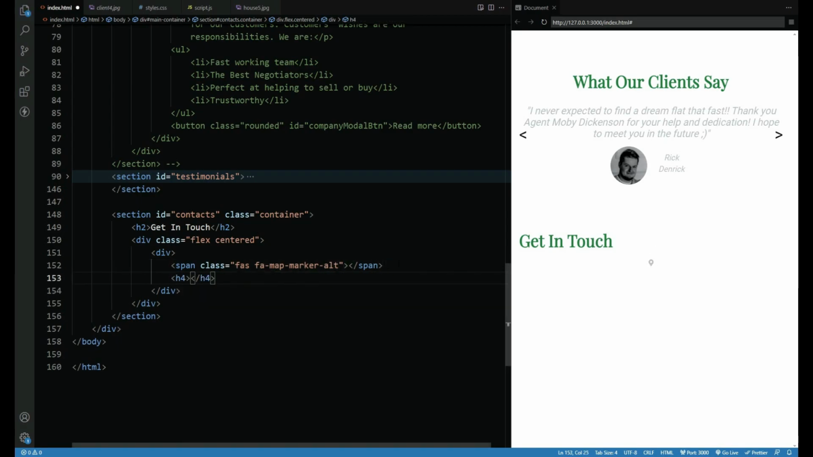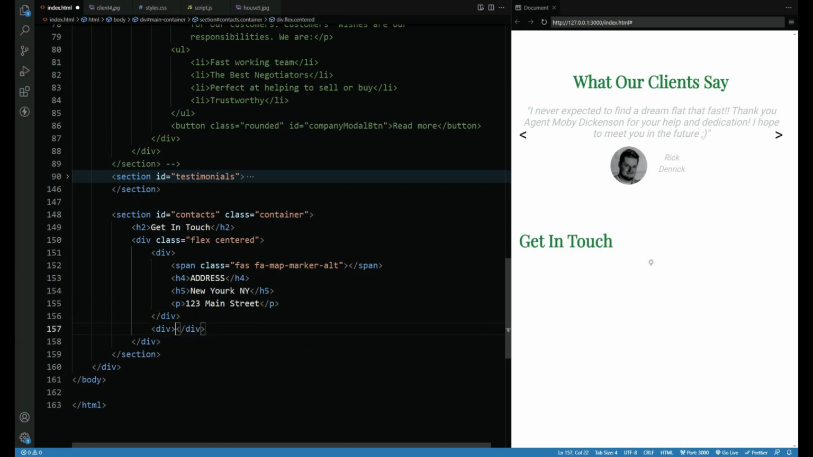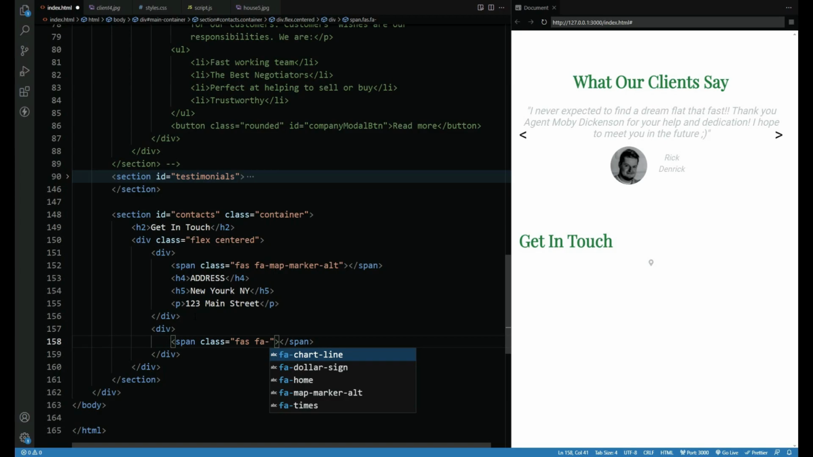Then we need h4 address, maybe let's capitalize this one, Address. Then h5 will be New York, and we need paragraph. It will be 123 Main Street. Let's create another element div with a span, which will have a class. It will be fas fa-